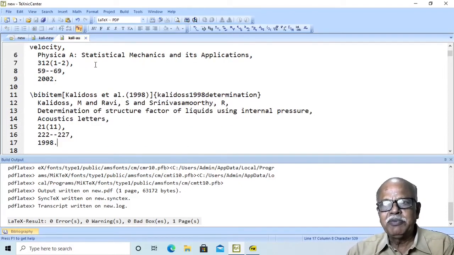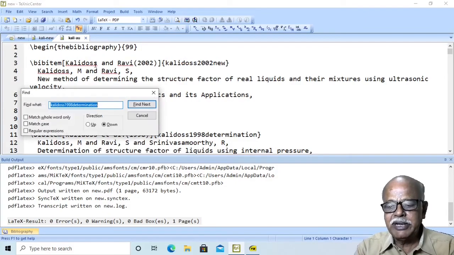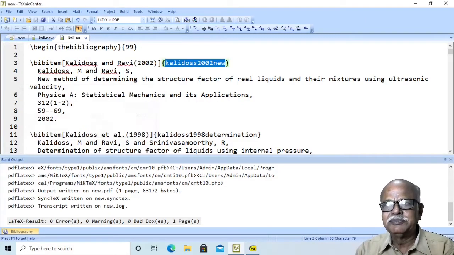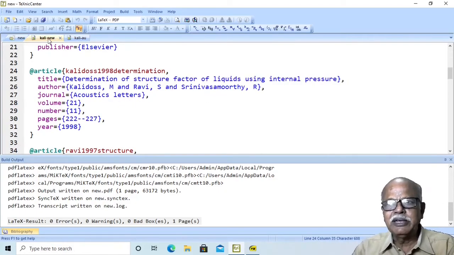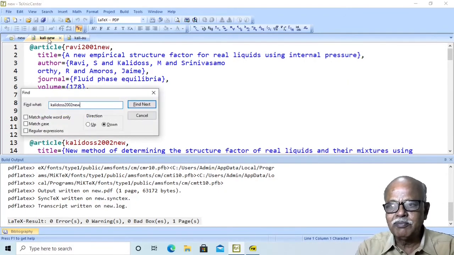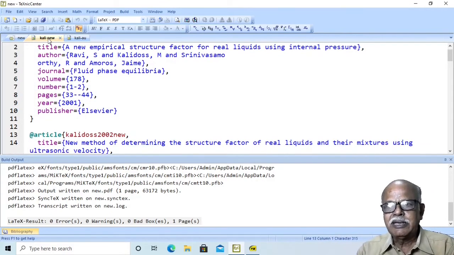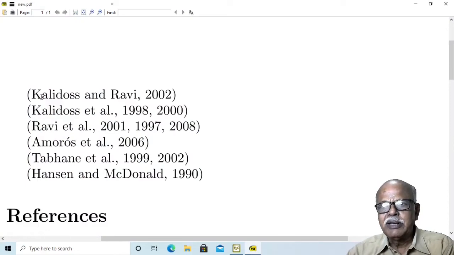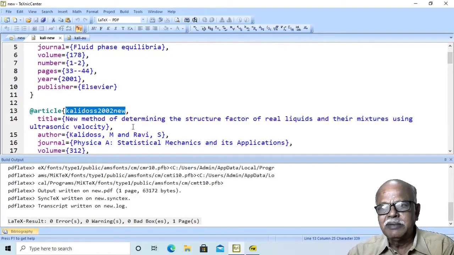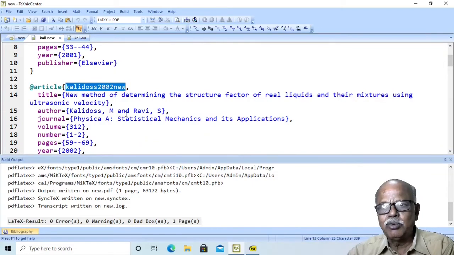If you refer to my previous video, if you manually format bib labels like this, after bibitem, we have to give within square brackets, option brackets, author names and year manually. With the bib file, search for the same label. Here we are not giving any such thing. We use only the bib label. However, in the output, we find here Kalidas and Ravi because in this reference there are two authors.